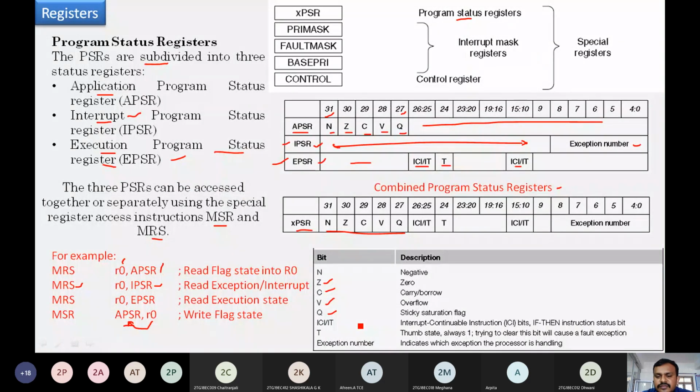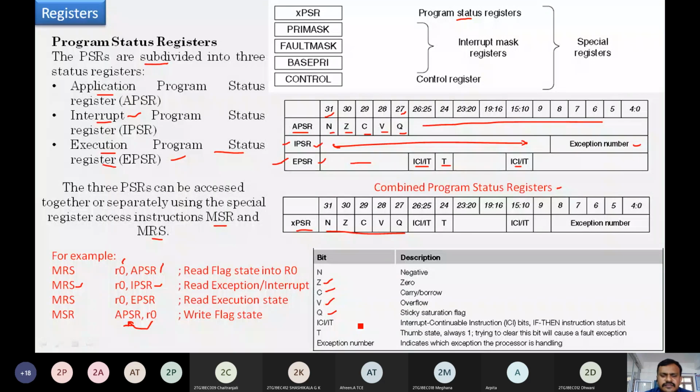Those things are maintained in the T flag, available in the Execution Program Status Register. Then the exception number, which is the IPSR content, indicates which exception the processor is handling, which interrupt it is going to execute.